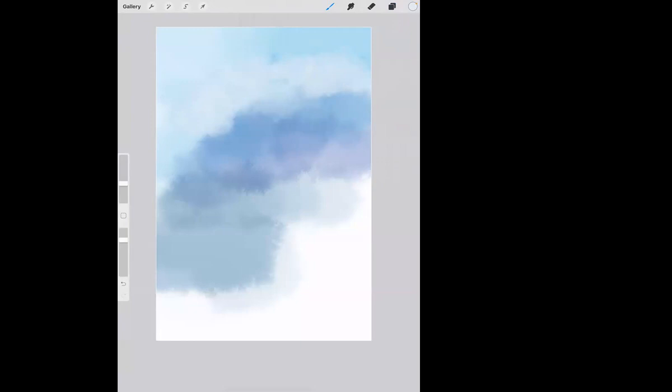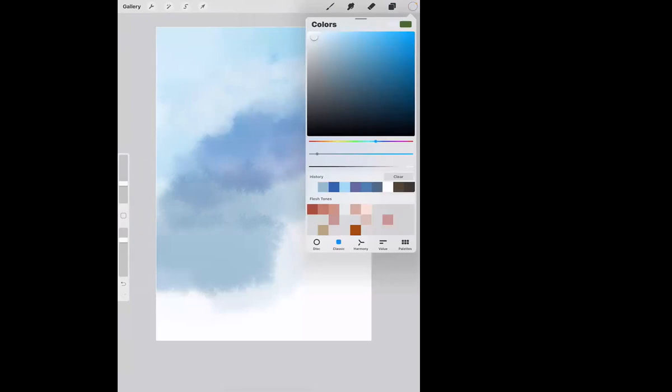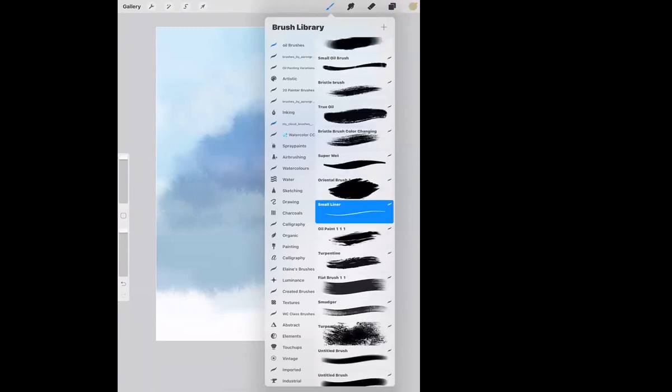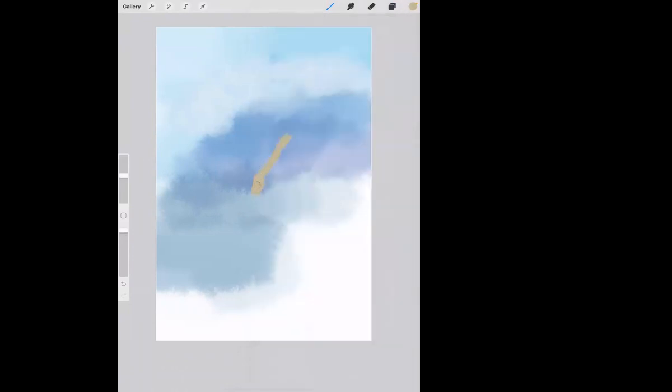But right now, this is a pretty simple shape. So I'm just going to choose sort of a sandy color. And I'm going to go to my oil brushes. I'm going to show you what my oil brushes can do. We're going to go with the oil brush. Am I in it? Yep. And I'm just going to go ahead and I'm going to paint